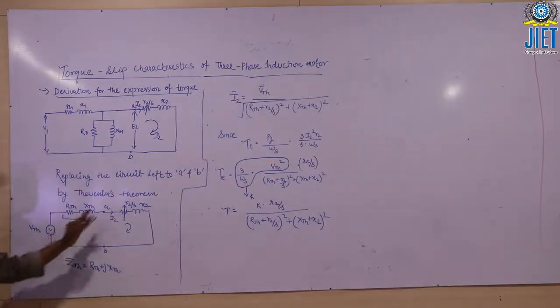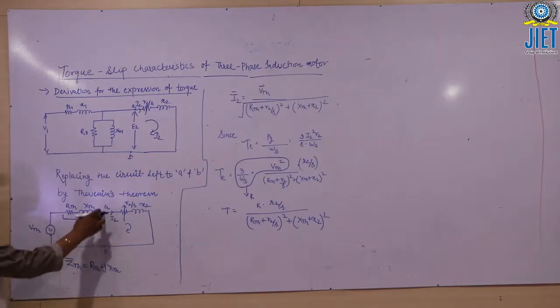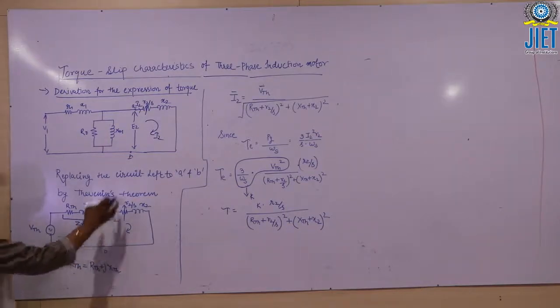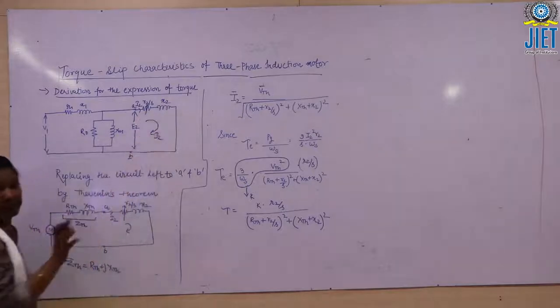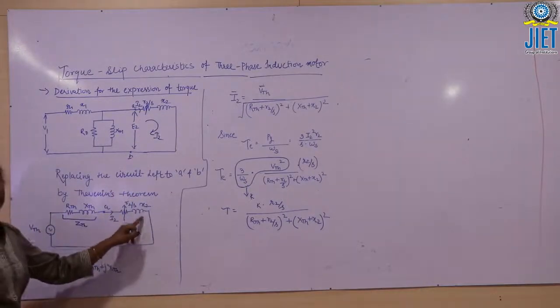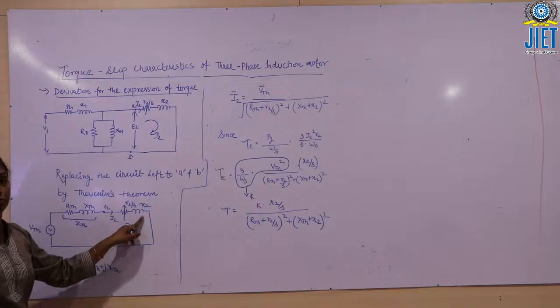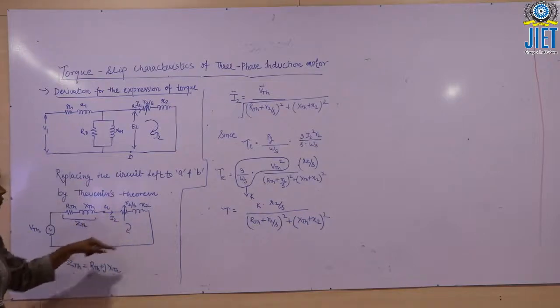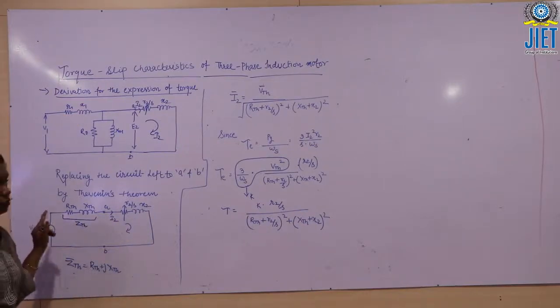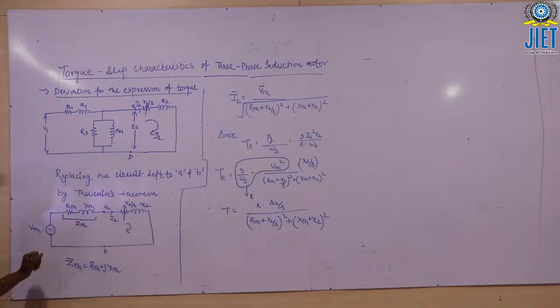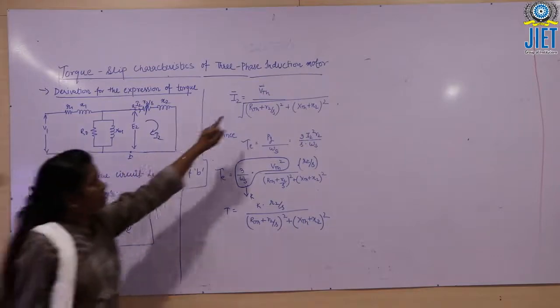This is the Thevenin equivalent found across terminals A and B, and the load branch has been kept intact, that is R2 by s in series with X2, so that we can find the value of current I2. In this circuit, the expression of I2 becomes VTH